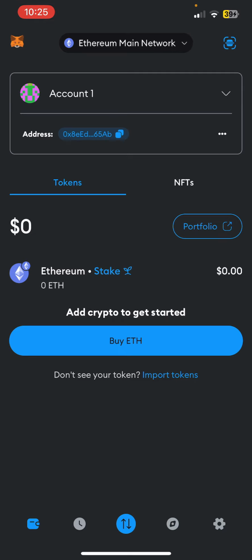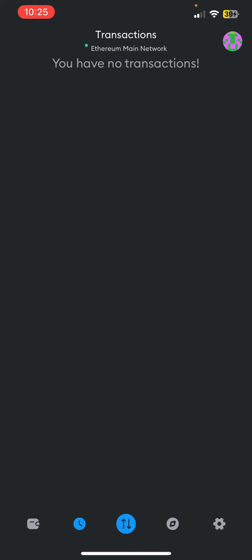Right after that you will be able to see the interface or dashboard of the Metamask app on the screen, where you can see the clock icon at the bottom of this dashboard, which is between the wallet and exchange icons. So simply tap on that clock icon, and now in here you can check your Metamask transaction history successfully. So basically this is how you can check your Metamask transaction history,